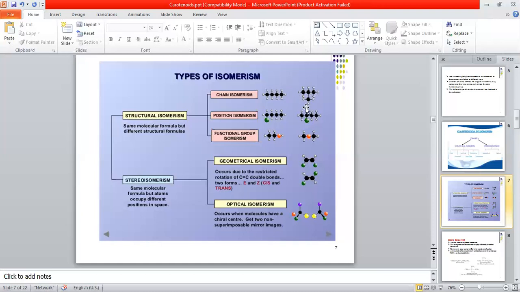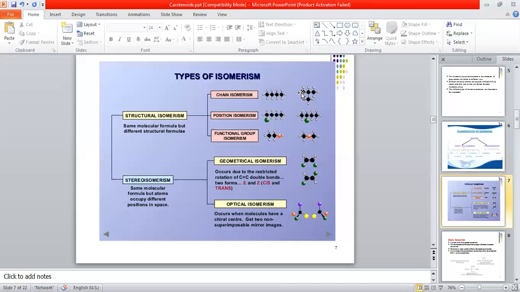Now this one again also has 4 carbon atoms and 10 hydrogen atoms. Here is carbon 4 and hydrogen 10. Here is also carbon 4 and hydrogen 10. But what is the difference between these two? The molecular formula is the same, C4H10, but the difference is in the arrangement of atoms. Here is a continuous series, but there is a branched series. So this type of example comes under chain isomerism.